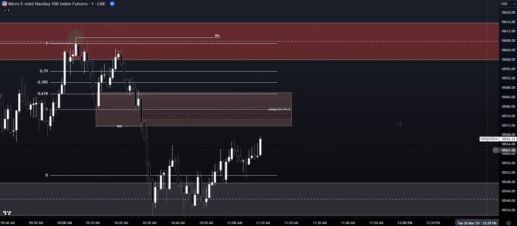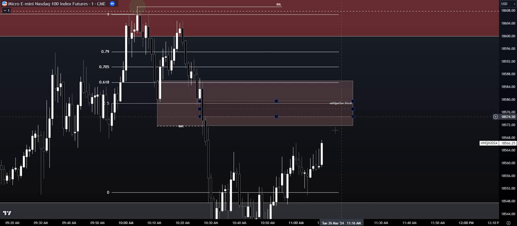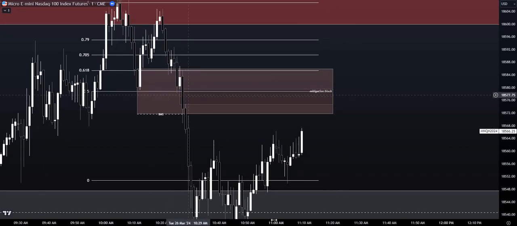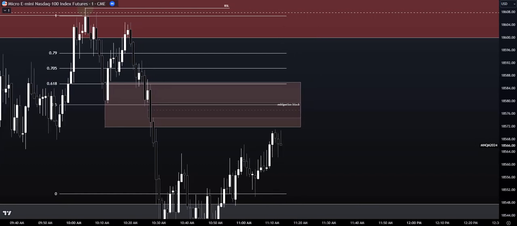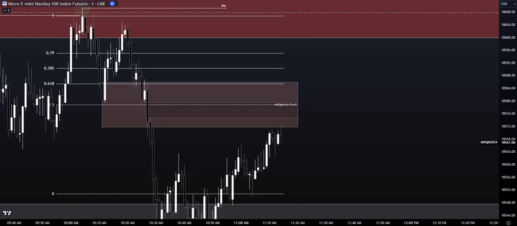So we're going to wait for price to come up into this entry here because this is equilibrium. But I'm not going to take this now because we had displaced all the way down lower, and we can anticipate price would most likely come up higher. So let's pay attention to that fair value gap and see what happens to that gap there.